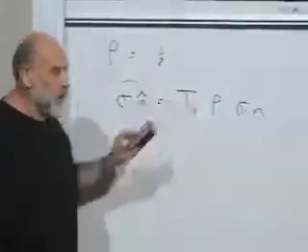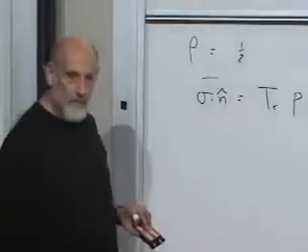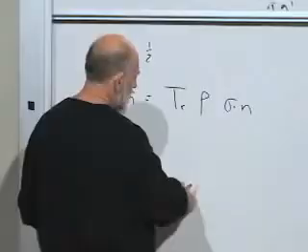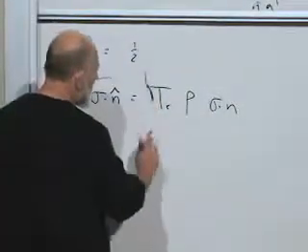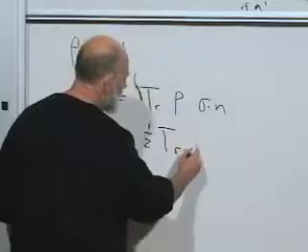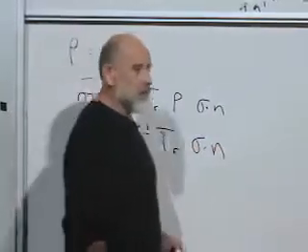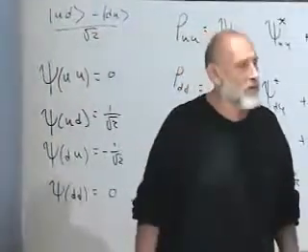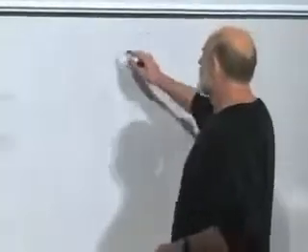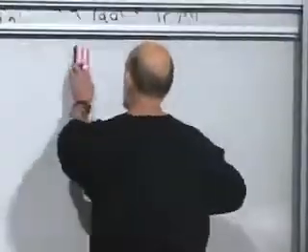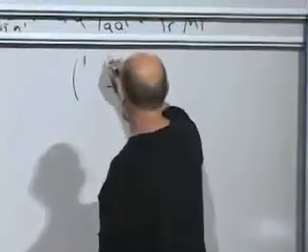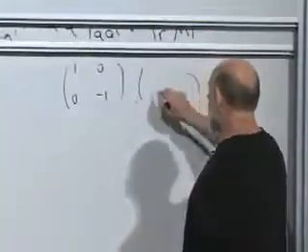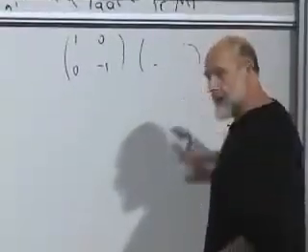Well, rho is proportional to the unit matrix. You can take that out. Unit matrix doesn't do anything. It just gives you a factor of a half times the trace of sigma dot n. What's the trace of sigma dot n? Anybody know? 0. The trace of every one of the sigma matrices is 0. Let's just check that. Trace of sigma 3 is 1 minus 1. Its trace is 0. The others are all off diagonal. They also have no trace.